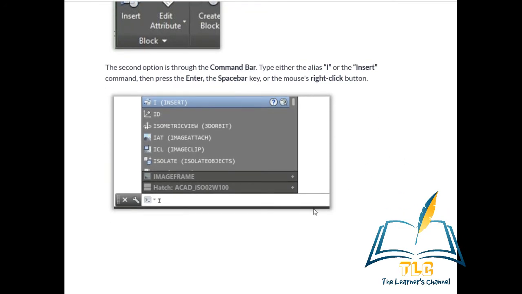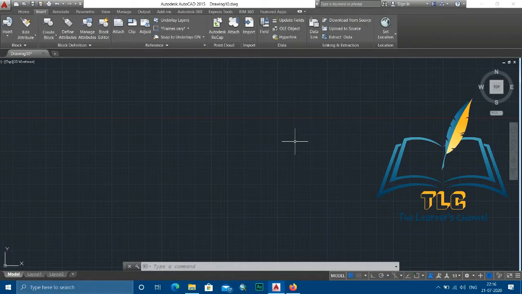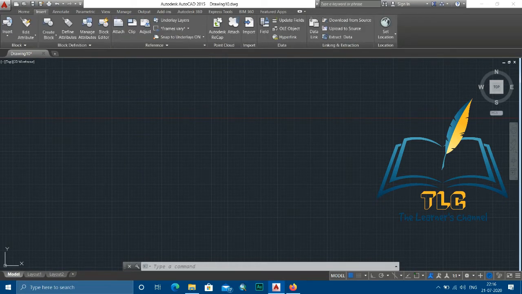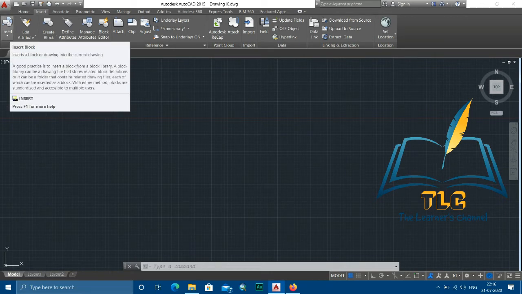Okay, now I am going to show you the insert command in AutoCAD software. Now I am in the AutoCAD software. Under the Insert tab there is the Insert and Insert Block command.